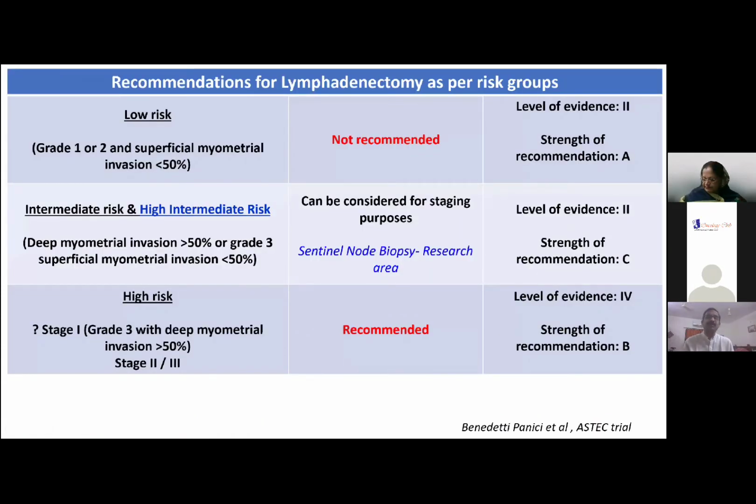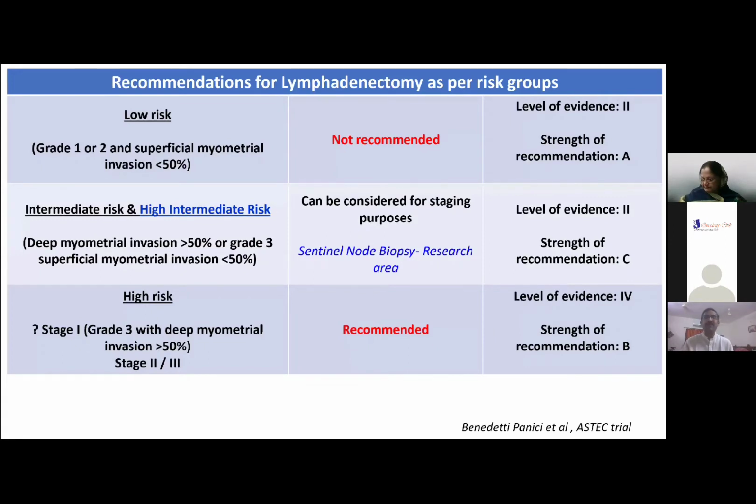This is a table which, in short, suggests which patient should undergo a lymph node dissection. In low risk patients, that is grade 1 or grade 2 with superficial myometrial invasion, lymph node dissection usually is not recommended. In the intermediate and high intermediate risk group, where deep myometrial invasion is seen or a high grade tumor is seen even with superficial myometrial invasion, such patients would definitely go for at least a sentinel lymph node